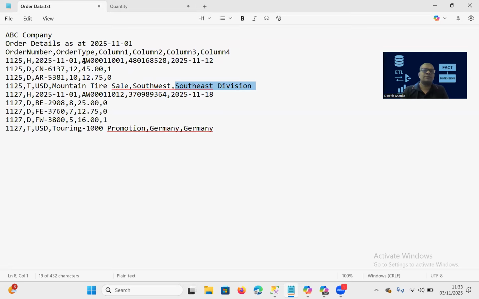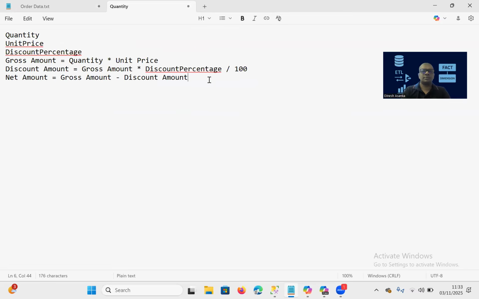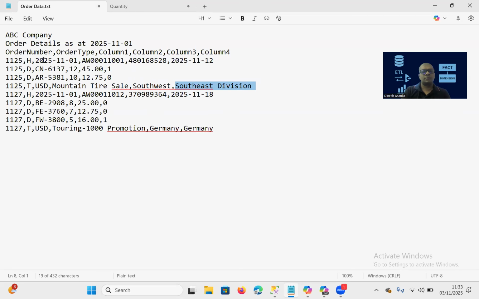So we will have the customer dimension, then the employee dimension, then we have the product dimension,